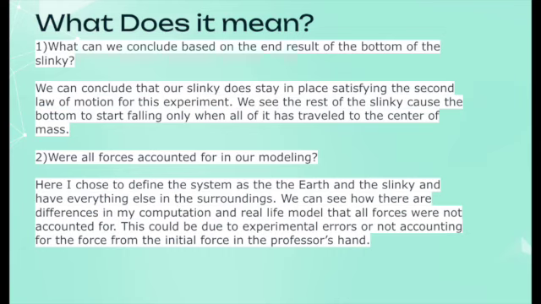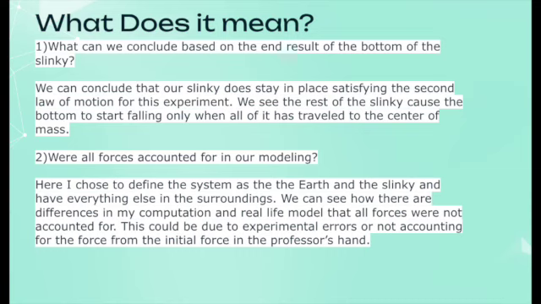The second question is, were we accounting for all the forces in our Tracker model? So here I chose to define the system as Earth and the slinky and everything else in the surroundings. We can see how there are differences in my computational model and the real-life model. So this means that all of the forces were not accounted for in our computational model. This could be due to experimental errors or not accounting for the force of the hand dropping the slinky in